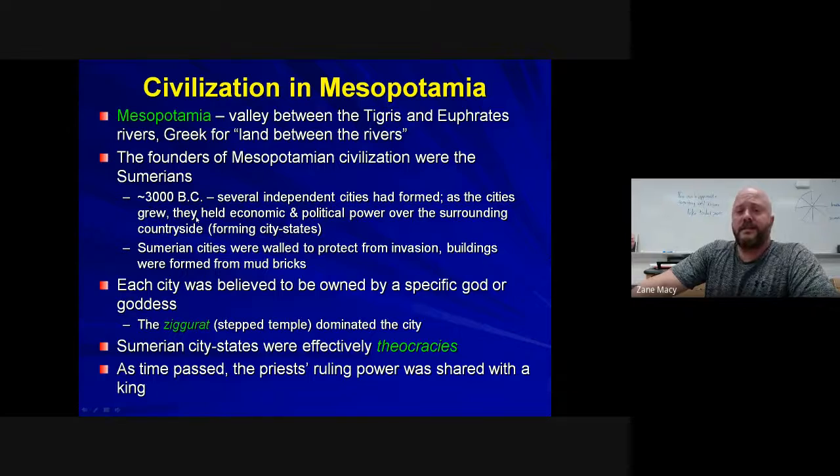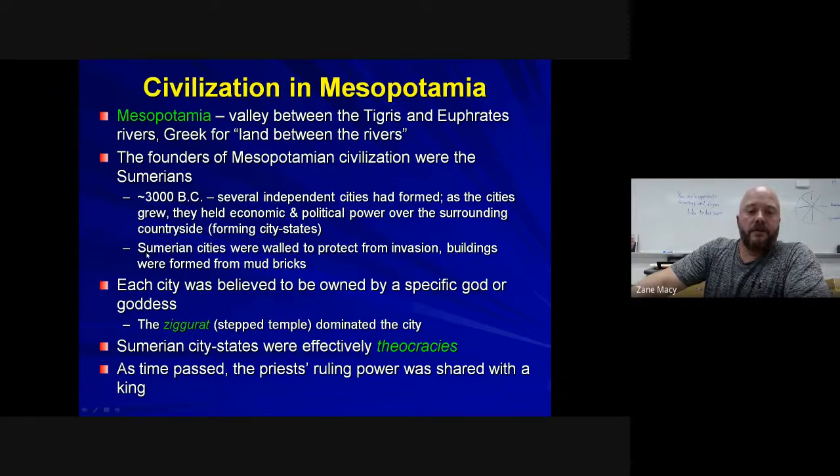Around 3000 BC, you had these towns and villages, and some start to grow into cities. Because everybody was so spread out, you have the development of independent city-states. The largest city in a region controlled that surrounding area. The larger and more powerful the city, the bigger the area that it controlled. You see something very similar in early Greece.